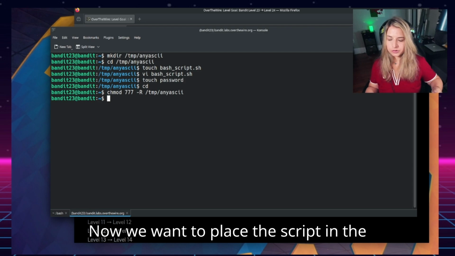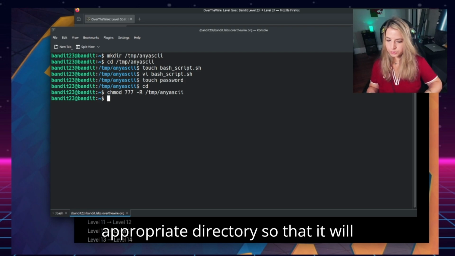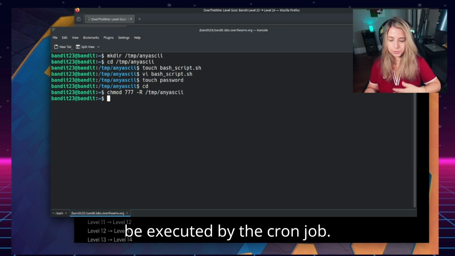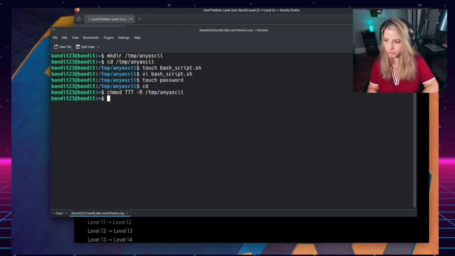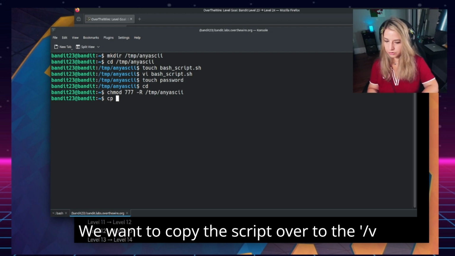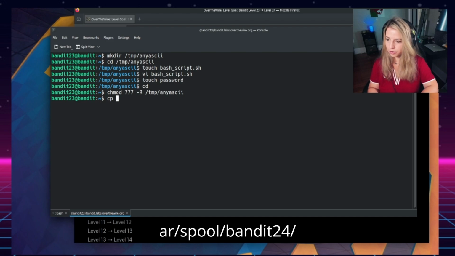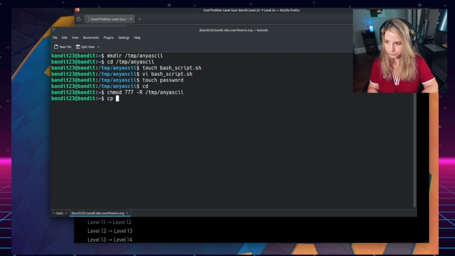Now we want to place the script in the appropriate directory so that it will be executed by the cron job. We want to copy the script over to the /var/spool/bandit24/food directory.